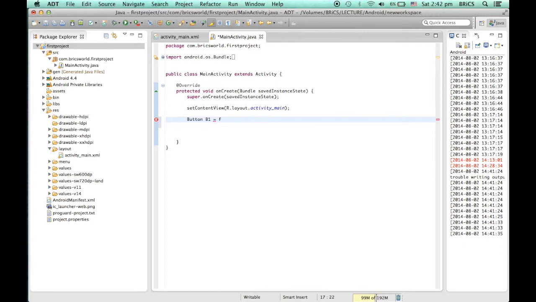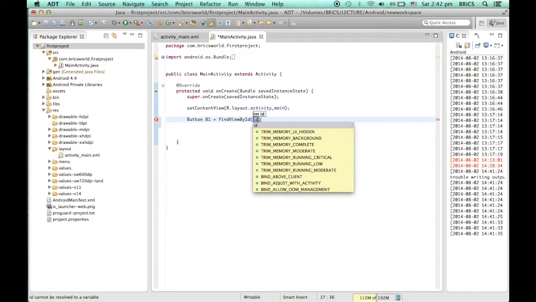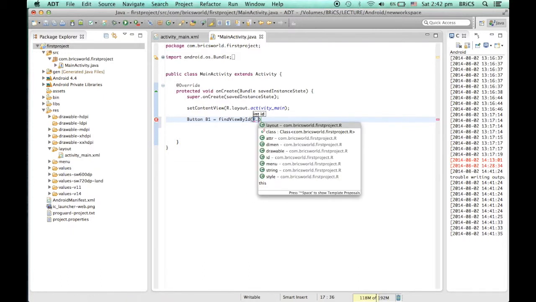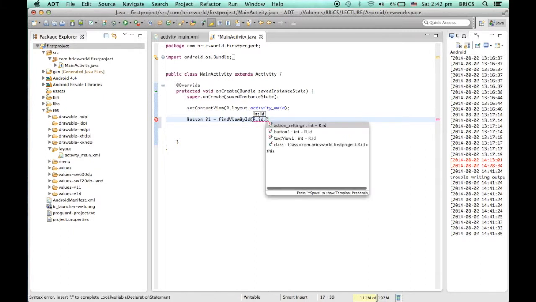So we will type here findViewById. If you press Control space again, you will see that method. Just click on it. Here you need to put the address of that object. So R dot, this time the folder name is not required. I will type R.id dot, and it will automatically give me the names of those two objects.